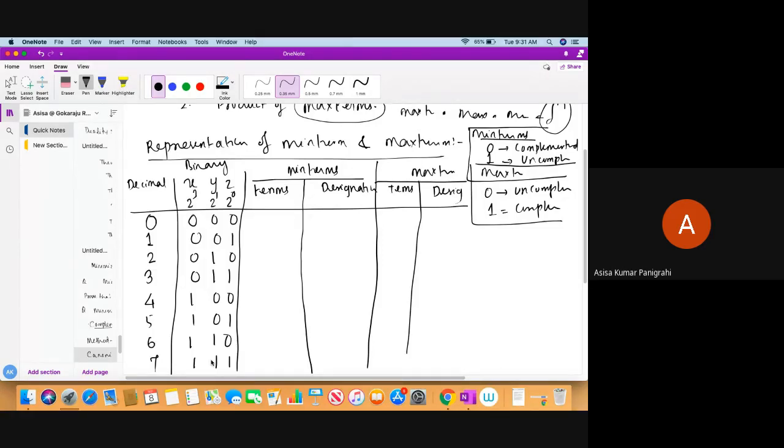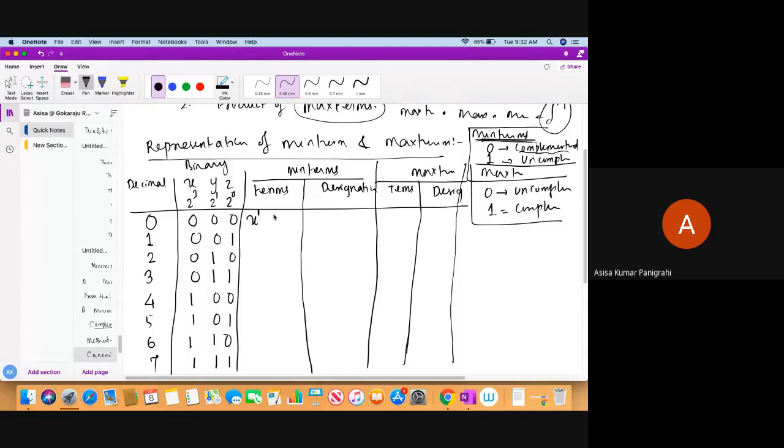Next, what are the terms here? The terms I have been telling you about are actually min terms. I have told you one important concept here; please try to understand. In terms of min terms, while representing the min terms, 0 means complemented form. So if it is 0 for variable x, then represent it as x bar, the complemented form. Do you all understand, students?